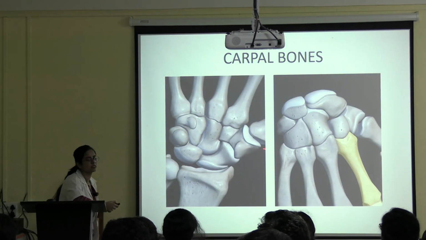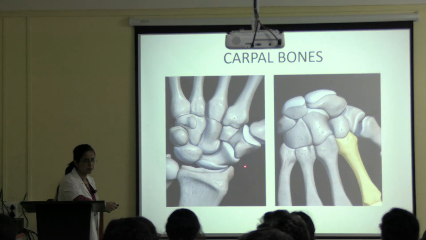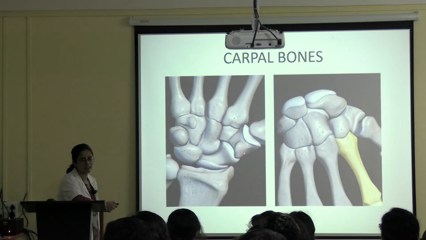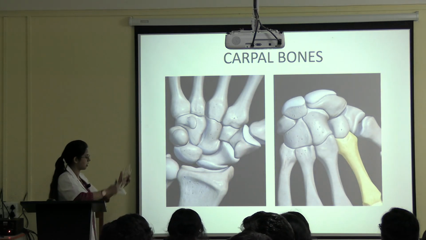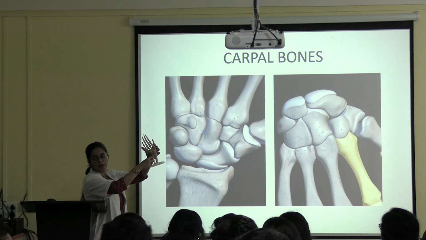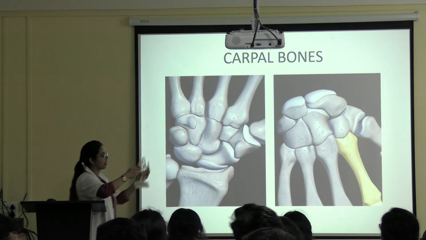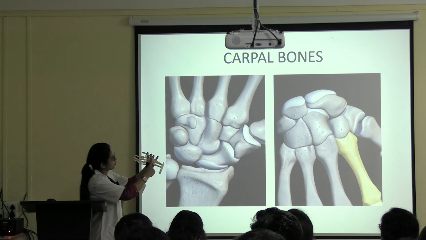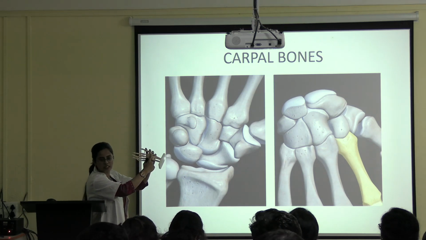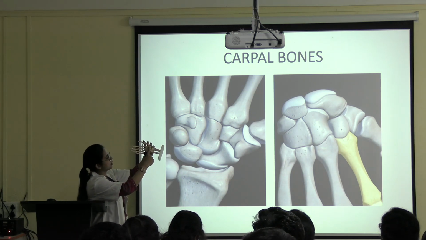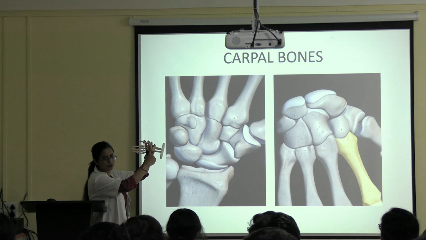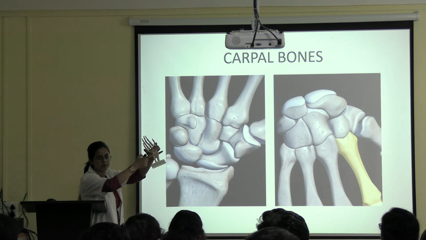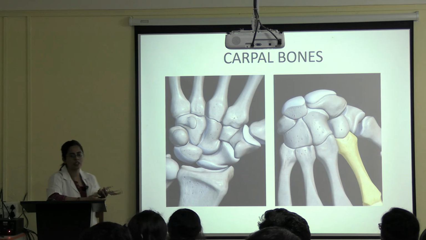Now this bone, trapezium. So this is the tubercle of trapezium. This structure here is the tubercle of trapezium. And it has a groove here. You can see the groove. Medially it has a groove. This is the groove of the trapezium, which is present medial to the tubercle.